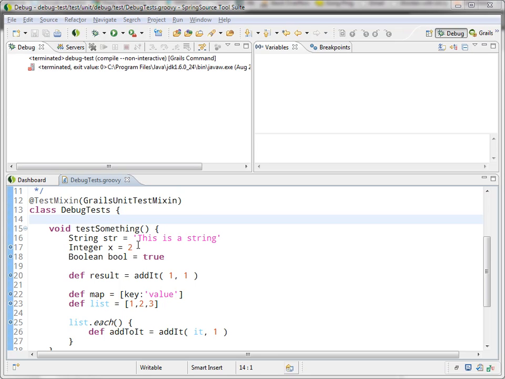Today on Twitter, somebody asked about the presence of some sort of equivalent of the CF dump tag in Grails or Groovy. In about over a year of working with Groovy, and more specifically, pretty intensely over the last month, trying to learn a lot of things, I have to be honest, as a ColdFusion user, although CF dump was probably one of the tags I took advantage of quite often, it's not something that I've really missed while working with Groovy and Grails, and this video I thought I'd throw together to show why it's something